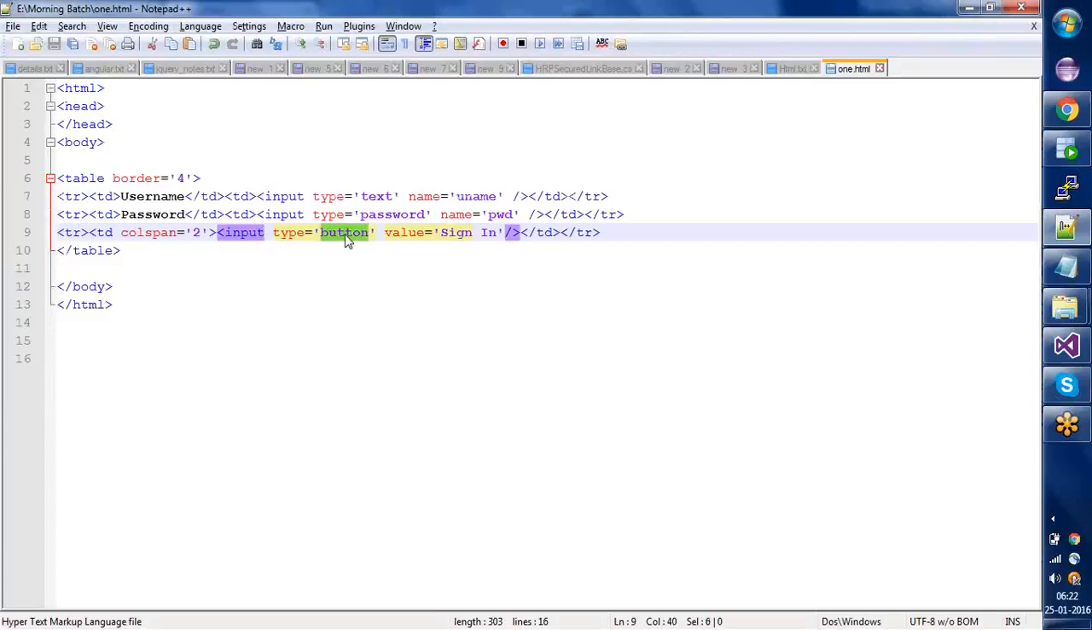Button is nothing but a component which will be placed on screen, which is used for performing an event. Event is something which is like